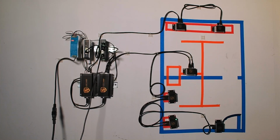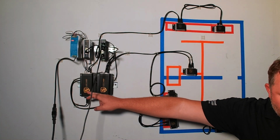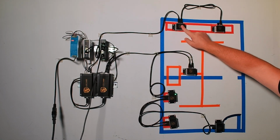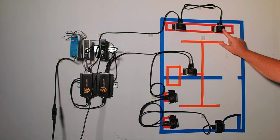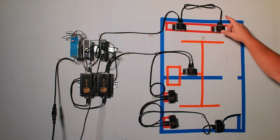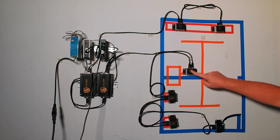Okay, we're back here. We have reconfigured the wall where hub number 1 is coming up. We're feeding a monitoring sensor and a monitoring sensor. You'll see we moved our terminator up to here. Out of hub number 2, we are now feeding a reference sensor,